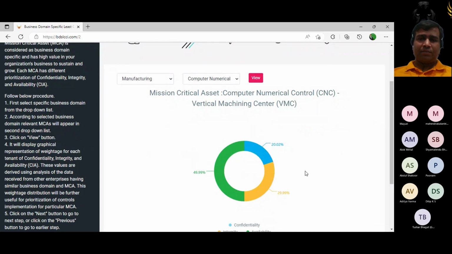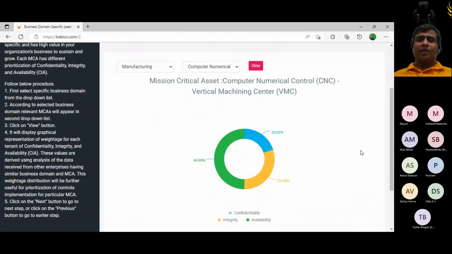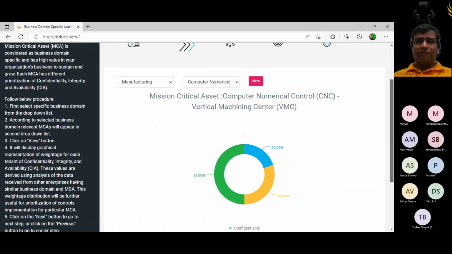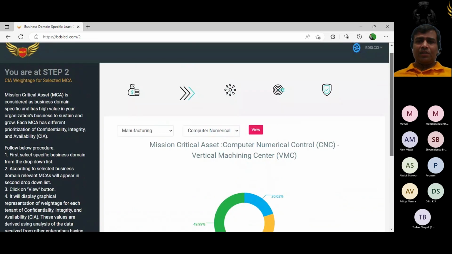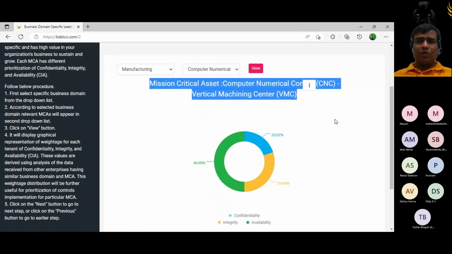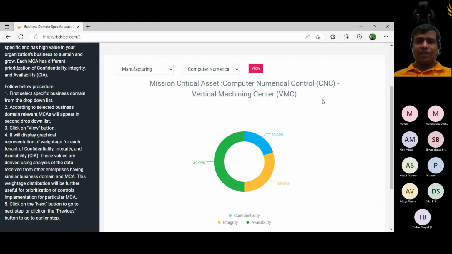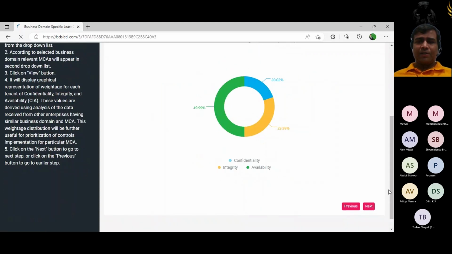Why is it showing availability as a must? Because if the CNC machine stops producing the outcome, it will directly impact the business for this manufacturing industry, and then the integrity, and then confidentiality. So why have we created these three segments: confidentiality, integrity, and availability? According to my research, these are different parameters for each asset, and this is the outcome of an AI ML algorithm where we have various inputs and it is producing this graph, and based on it in the next step,